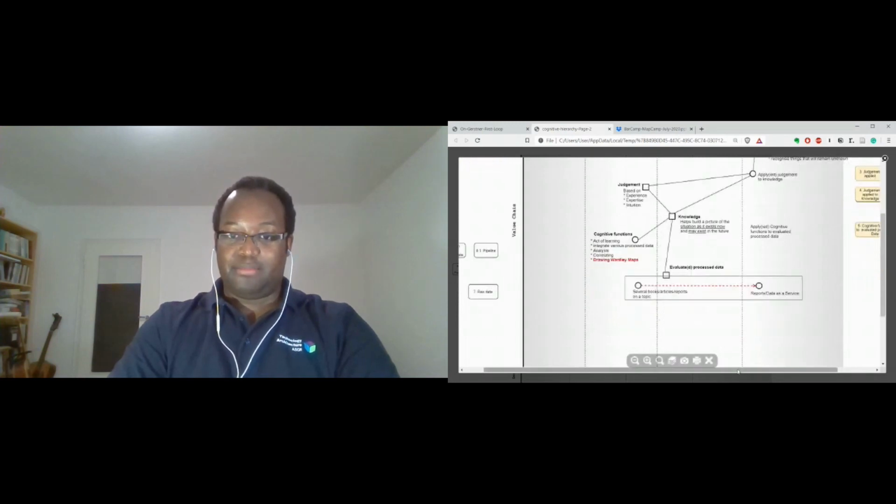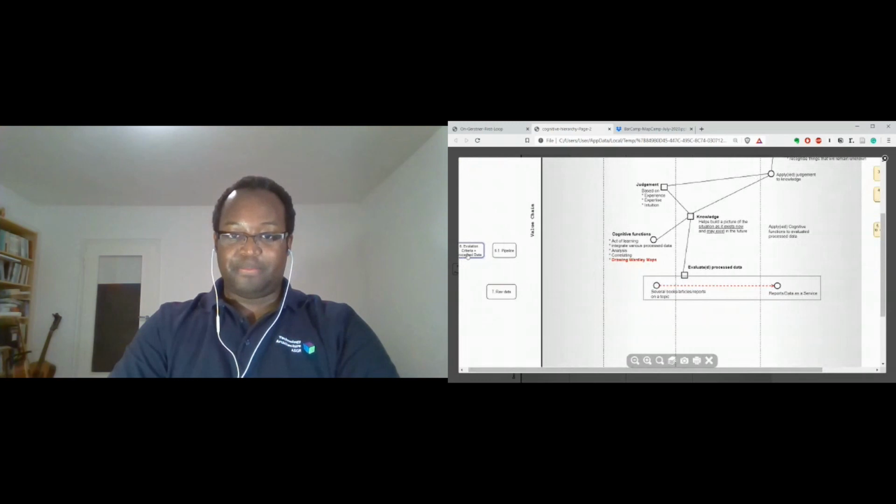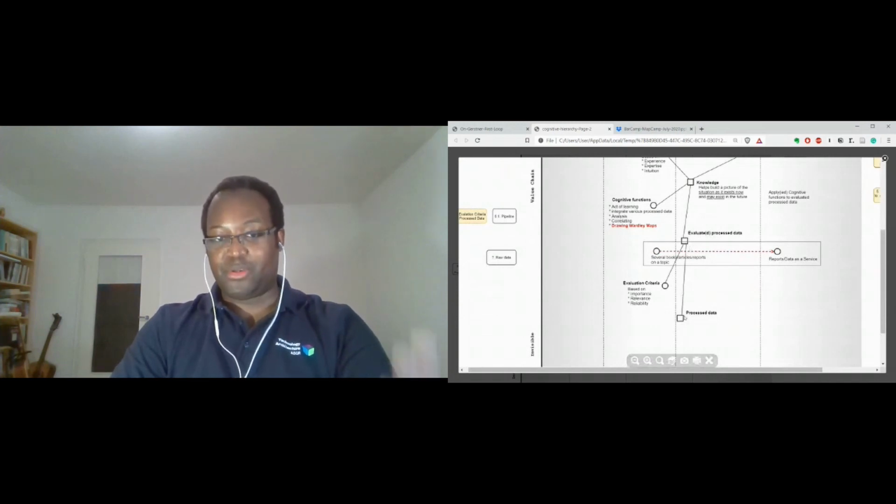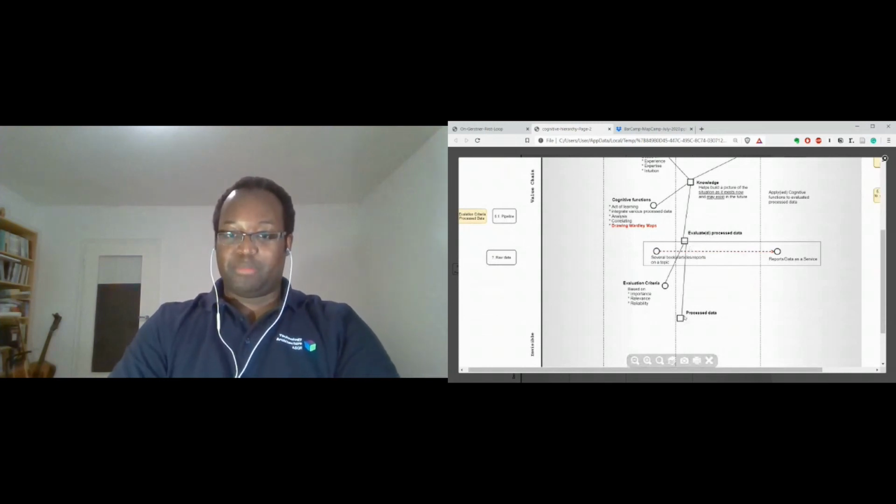Then next step, let's see, it's up here. Then in order for this evaluated process data, we need the data itself to be processed, and we need to apply this evaluation criteria. And that's based on the importance, relevance, and reliability of this data. Now, this is also a pipeline, and underneath there we have